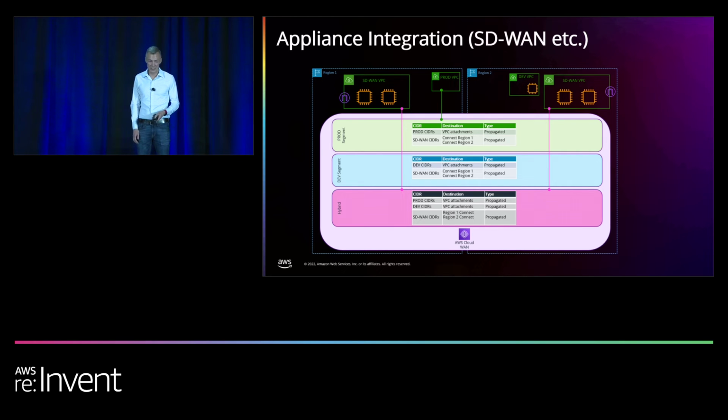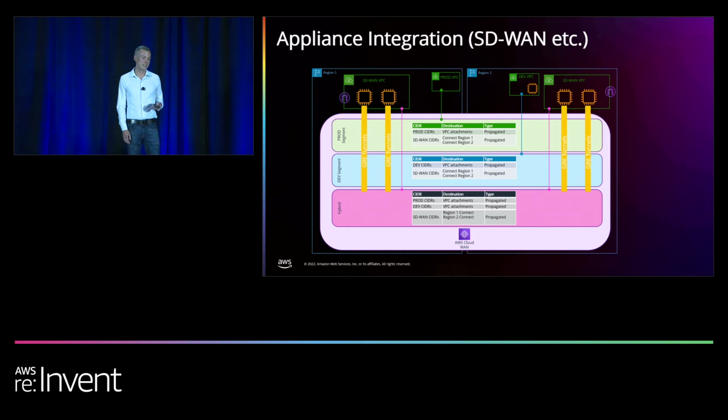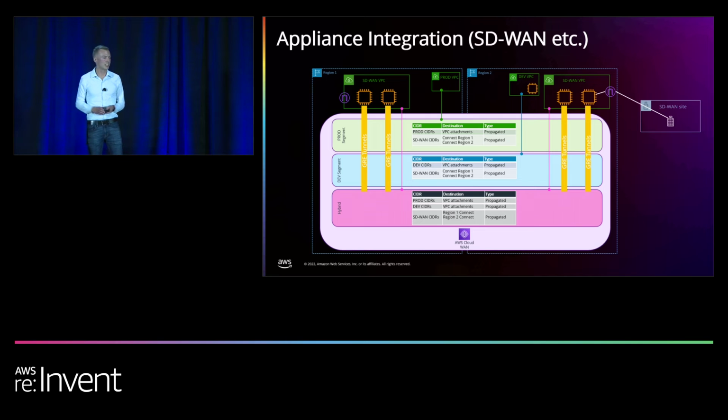We then have a prod VPC attachment and a dev VPC attachment. From our SD-WAN instances, we do a GRE tunnel, and we do route exchanges through BGP over that GRE tunnel. And then from your SD-WAN appliances, they just connect out over the internet to your branch offices and remote locations. So if an instance in my dev VPC wants to talk out to the SD-WAN edge, it goes to its route table, and then it just has the routes. They're right there. So then it just goes direct out through those appliances, through that infrastructure over the IGW.